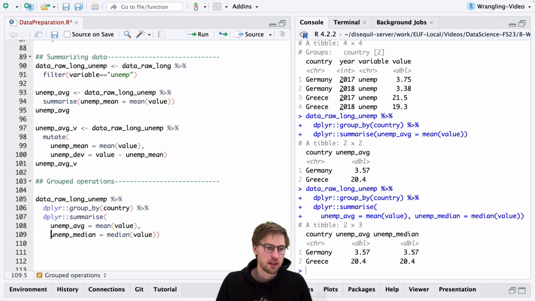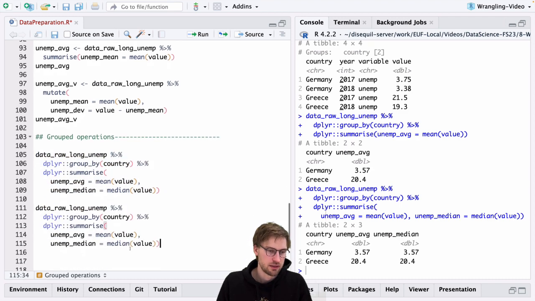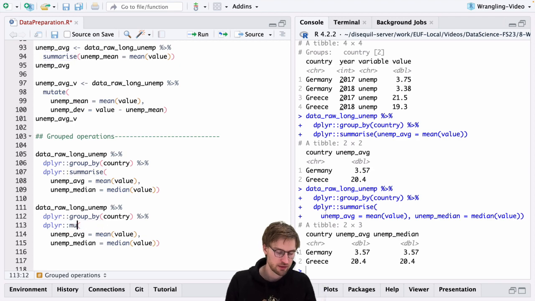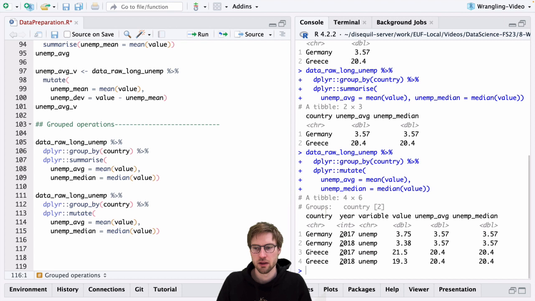As above, we could also use the function mutate instead of summarise. As you might recall, the syntax is exactly the same. The only difference here is that the function mutate adds new columns as opposed to squeezing or summarizing the whole data set. In both cases, however, we have grouped the data set